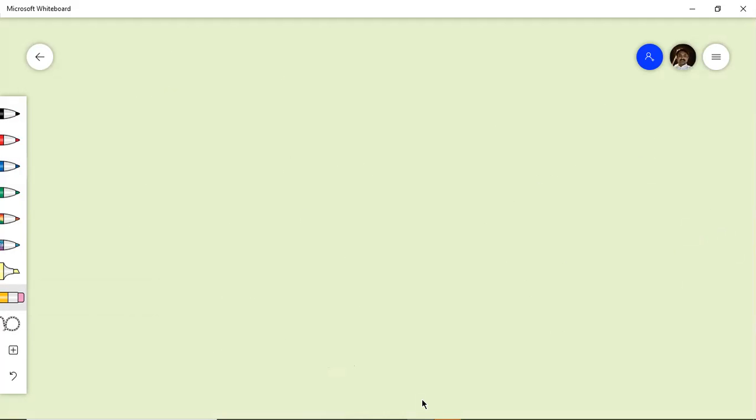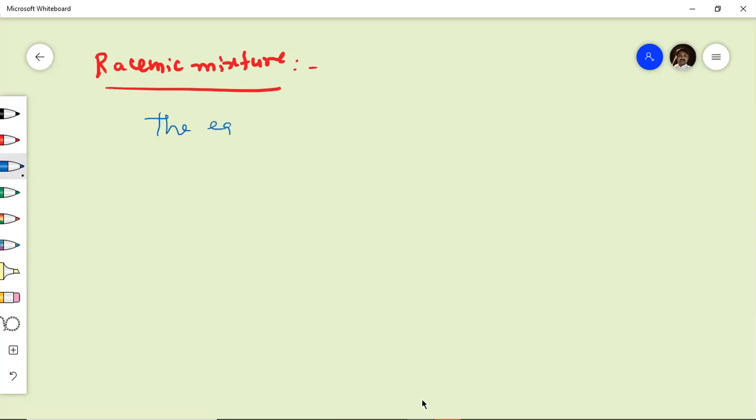The next one we're going to discuss is the racemic mixture among the optically inactive compounds. So what is exactly the meaning of racemic mixture? This is an equimolar mixture